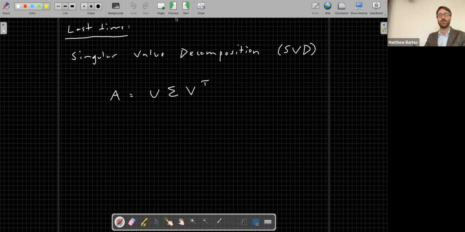And then towards the end of the class, we also talked about the singular value decomposition. Unfortunately, I didn't really give this topic the justice. I think it deserves a bit more discussion than I can give you in this class. In fact, when I was in grad school, I took an entire class on the singular value decomposition and its uses. It's so incredibly useful for so many applications. But essentially,